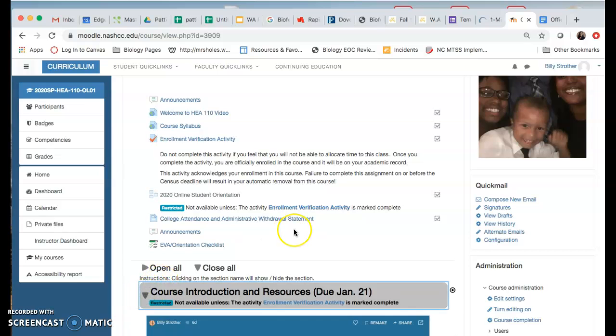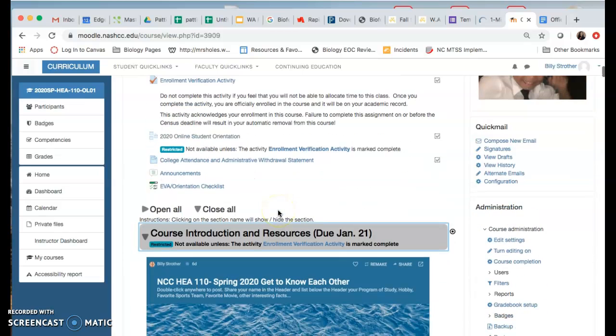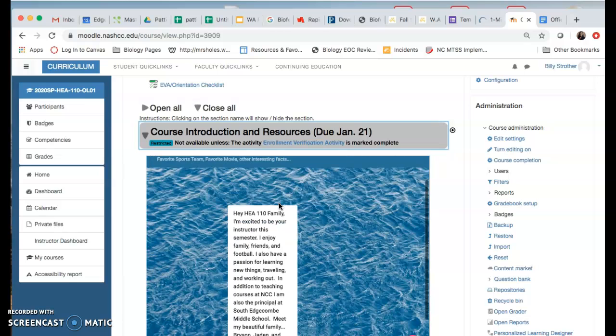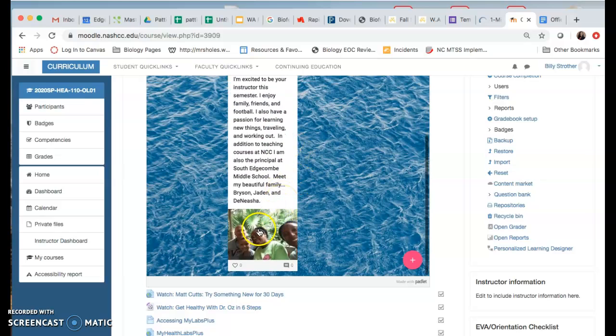So in every section, please click every link each week. After you complete the enrollment verification activity, upload your orientation certificate. We've got this Padlet, just a way to get to know each other, okay? You just write a quick little blurb about yourself, maybe include a picture so we can put a